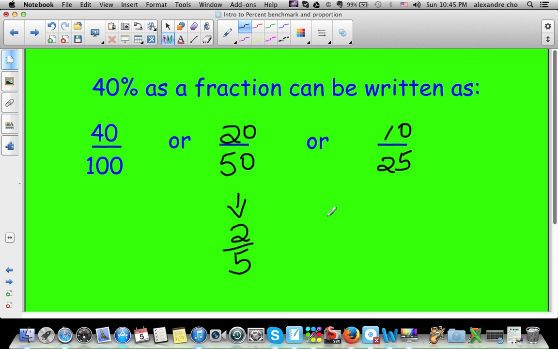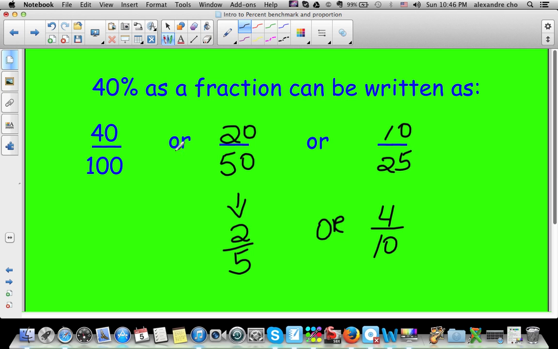Okay. Is there any other one? So 40 over 100 can simplify to 20 over 50, 10 over 25, 2 over 5. Oh, actually, there's one more. There's or. Let me write an or here. We can simplify to 4 over 10. Okay. So all of these 4 new fractions, they all mean 40 over 100, which also means that